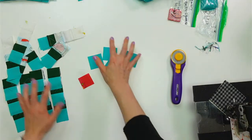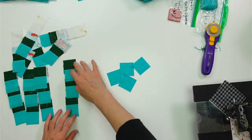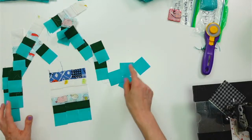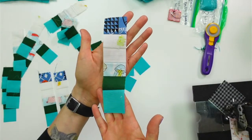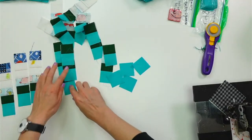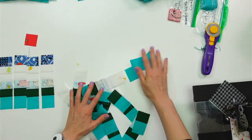All right. So here are all my pieces basically for this. I'm going to start laying this out. So actually the centerpiece and all the ones that have 6. So these are our rows. Remember we started with long strips, but now after we cut them, they've become these neat little rows of squares. It's kind of awesome. I love this strip piecing idea. So we're going to put the sixers and our centerpiece aside for now,